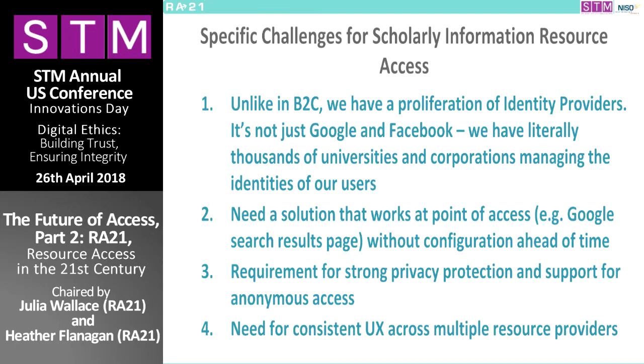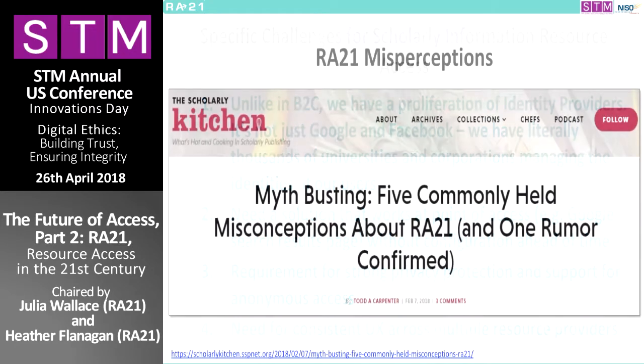It's very clear and also apparent from the feedback we've received from the community that privacy protection and support for anonymous access is absolutely vital in our community, right? So the approach that Ralph talked about with those attributes rather than user identity are really important in this space. And we need to provide this kind of consistent UX that will work across all of the resource providers. There are lots of things we're not doing.